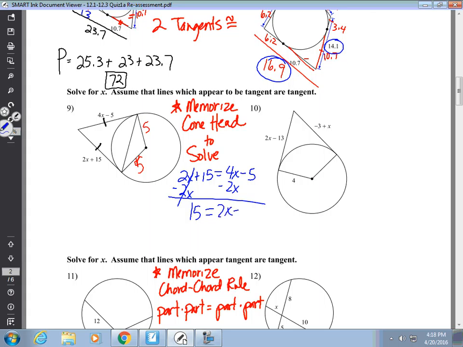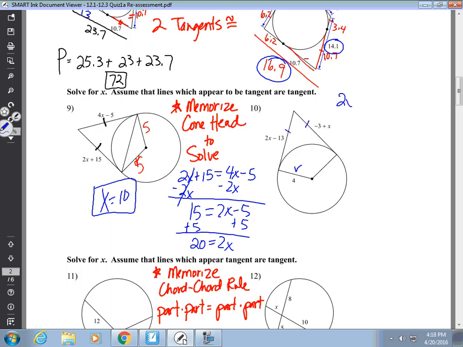15 equals 2x minus 5. Add the 5. And we get 20 equals 2x. And yes, x equals 10. And we're done. So they gave us extra information here because yes, that's the radius, but we're just using the